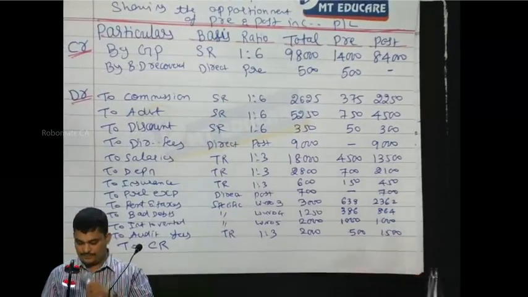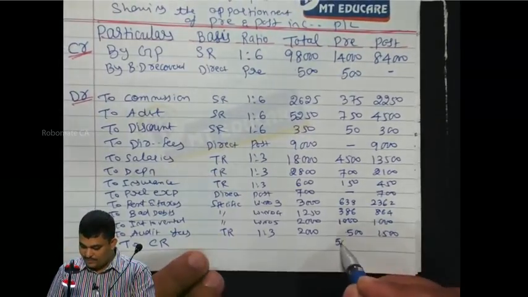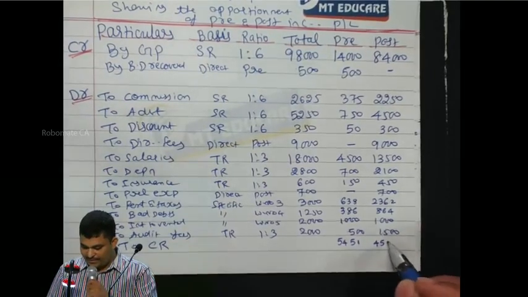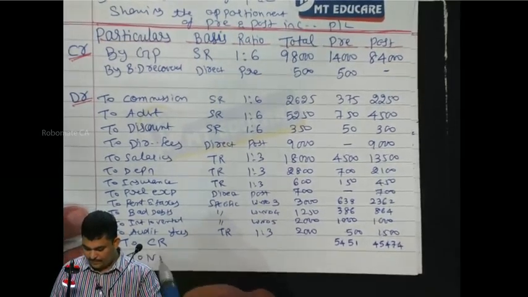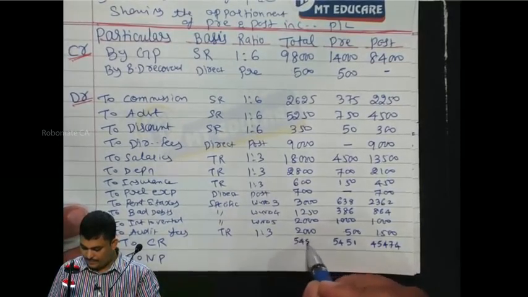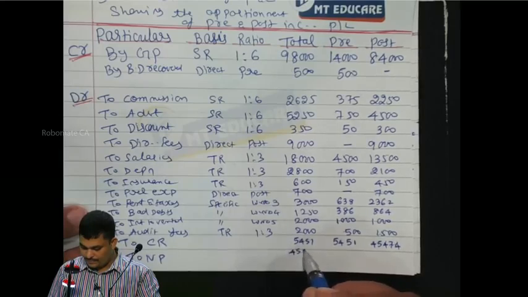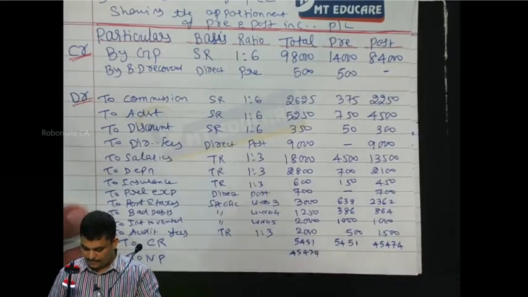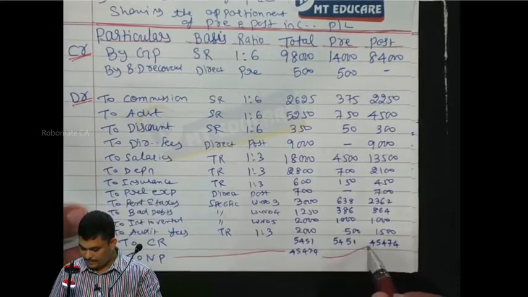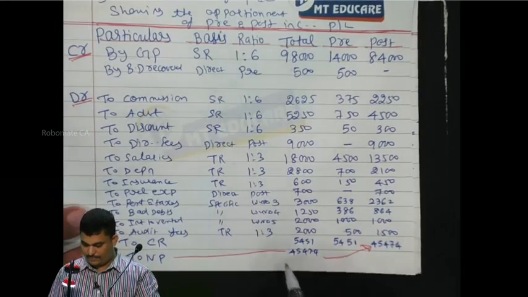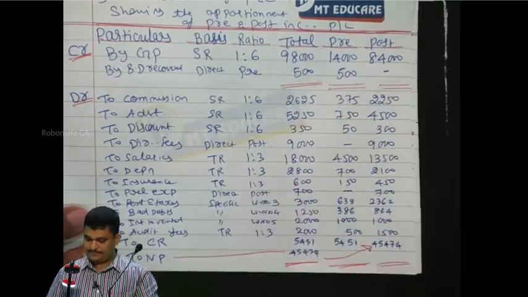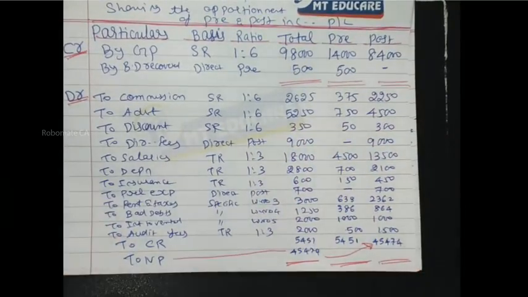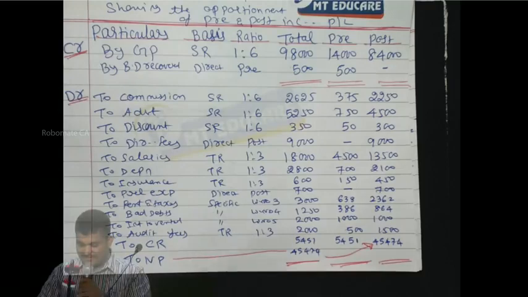Capital reserve. 54. 45. Everybody? So capital reserve is 5451 and net profit is